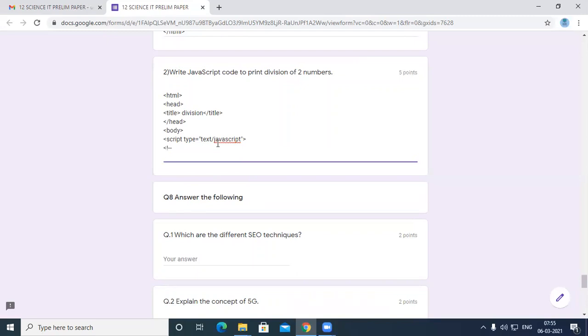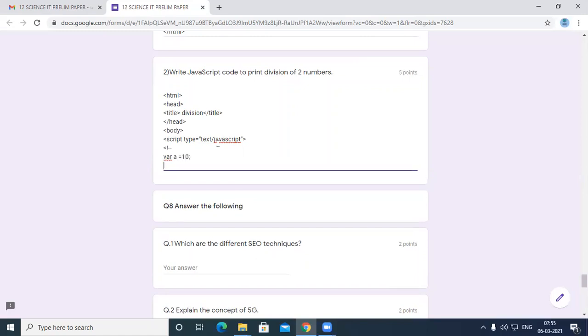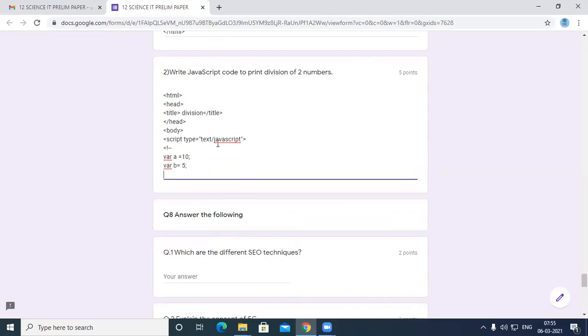Enter. Now you will be writing variable a equal to 10, comma, variable b equal to, comma, then variable. After doing this, you can write document.write. Otherwise you go with the logic, that is variable sum.